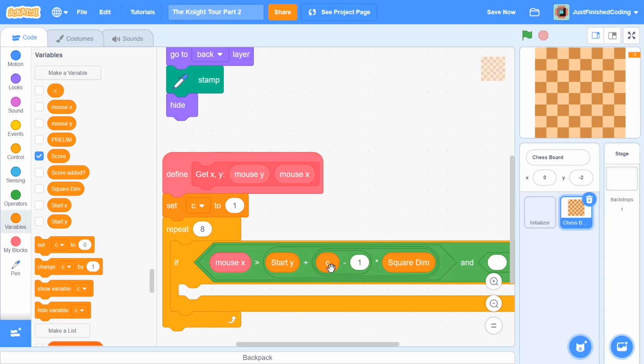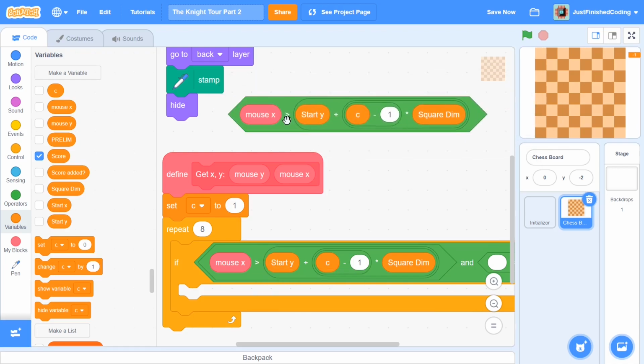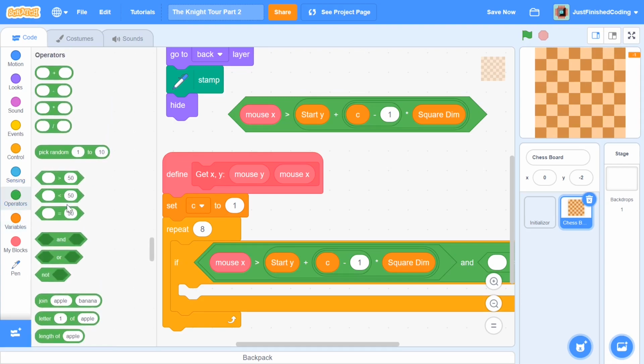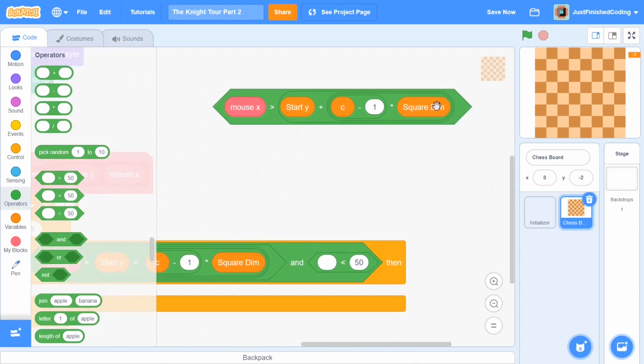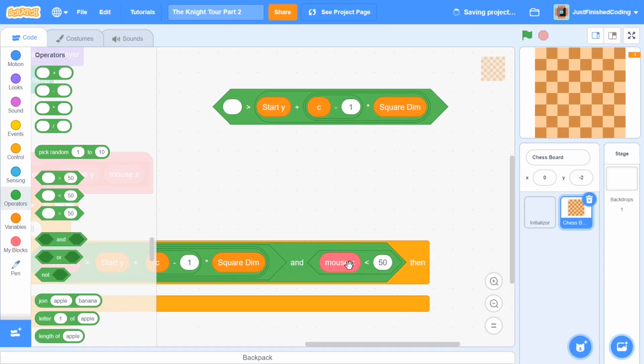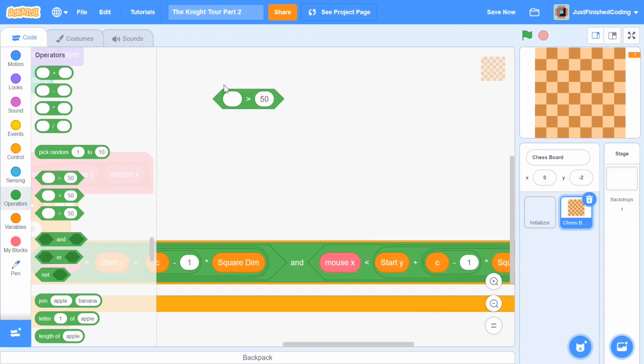Perfect. Now we need to get into the AND condition, and for that things are going to be pretty similar, so you can duplicate this, and here's what you need to do. First head over to operators, grab a less than, well actually we put that in there, so I'm going to just scroll up to my right, and instead of the second parameter, what we need to do is to put mouse x in the first parameter itself, and within our second one I'm going to drag and drop this.